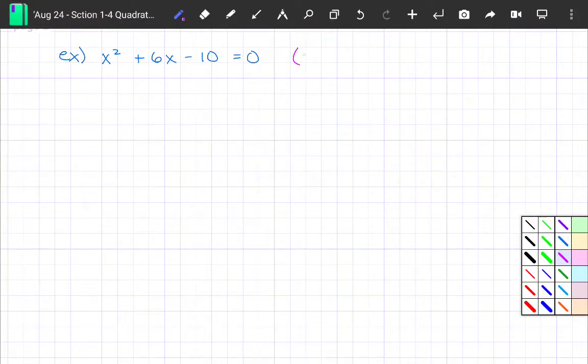Okay. If a does not equal 1, factor out a first. And I'll show you what I mean by that. But in this case a does equal 1, so we're in business. So the next step then is to separate